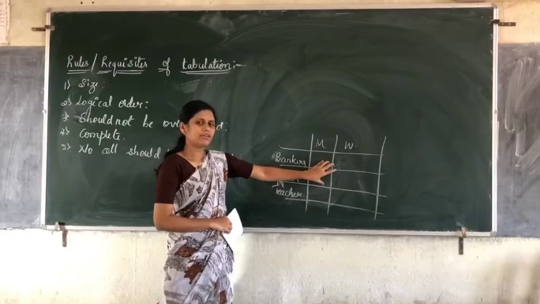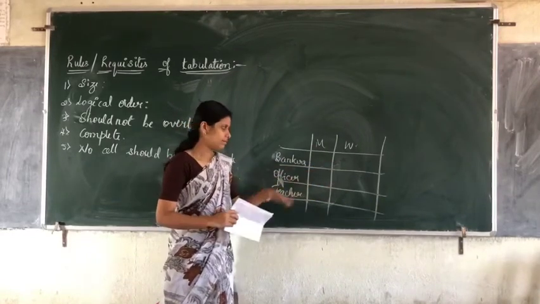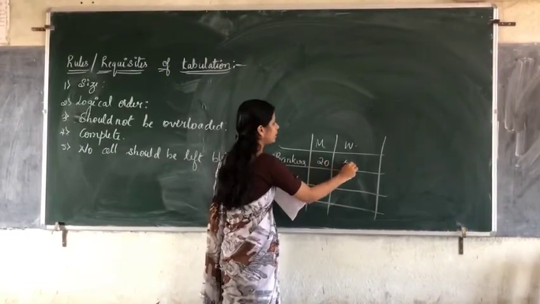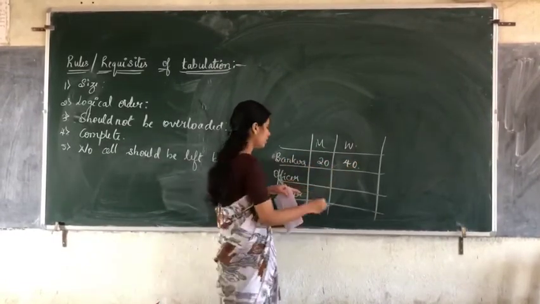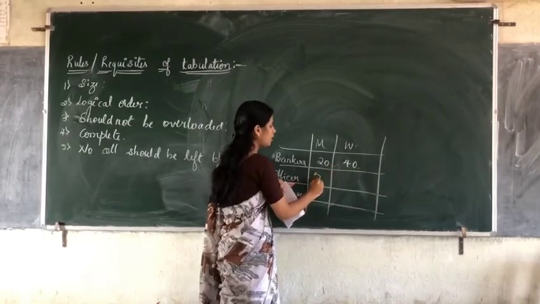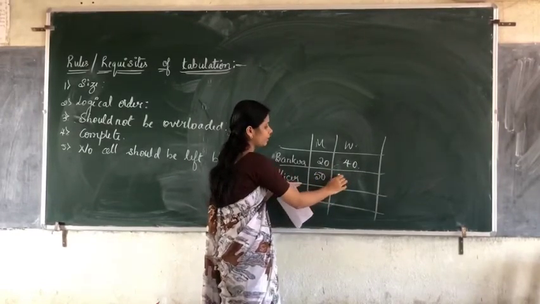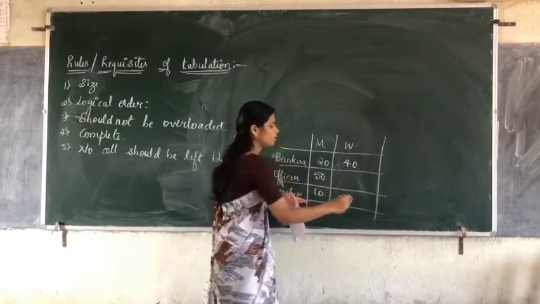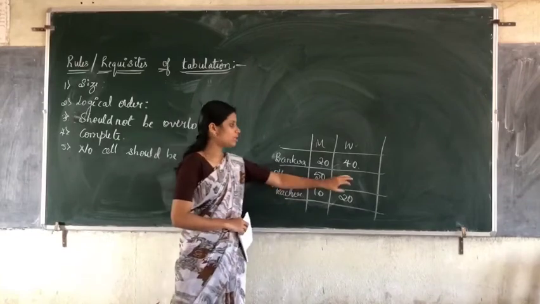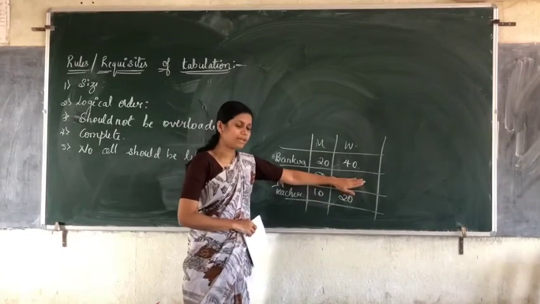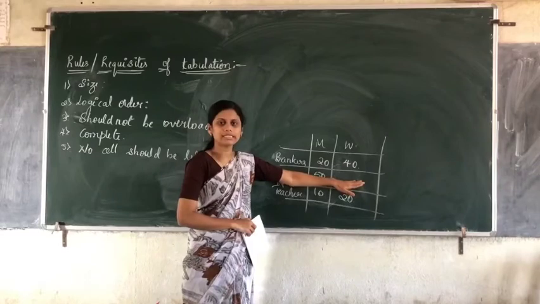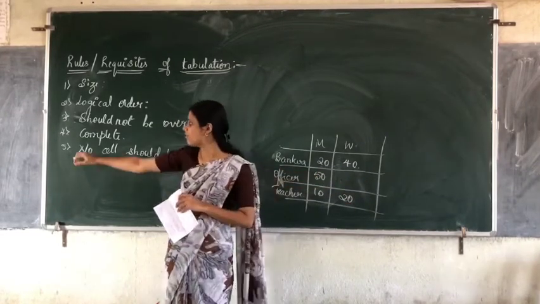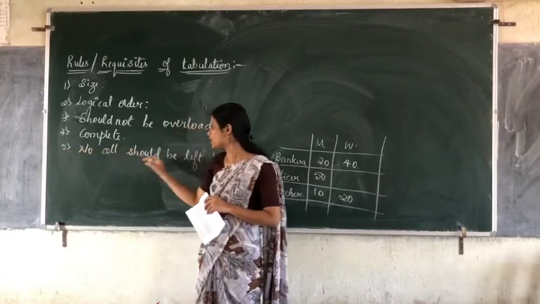Whenever you have drawn this table, you will write how many bankers are male and how many are female or women. Next, in officer, all are men. There are no women. Next, in teacher, there are 10 men and 20 women. So like this you have written. But one cell we have left blank. Even if there are no entries to be made in this cell, you should not leave this cell blank. That is the fifth rule, that is, no cell should be left blank.